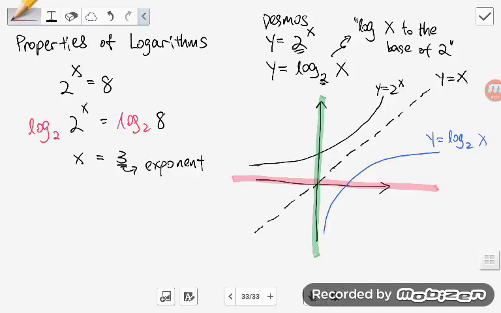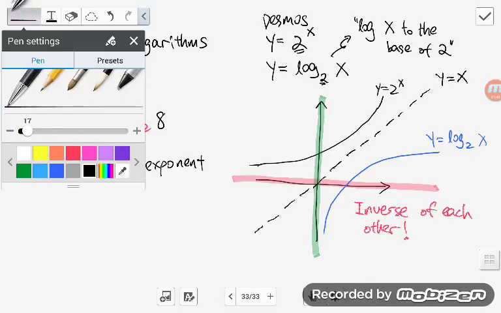When the graphs are reflections of each other across this y equals x line, that means they are inverses of each other. Inverse of each other. And this is an important relationship, okay? This relationship here is very important. So if they are inverses of each other,